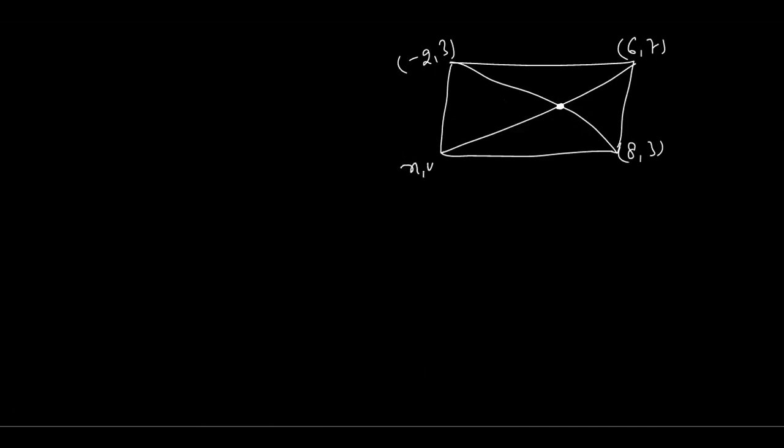Assume that this coordinate is going to have x, y coordinate, and assuming that these are the vertices of this one. So the coordinate of this one will be 2 plus 8, minus 2, divided by 2. You will get 6 divided by 2, which is 3. So here 3, 3 is actually the coordinate of this midpoint.